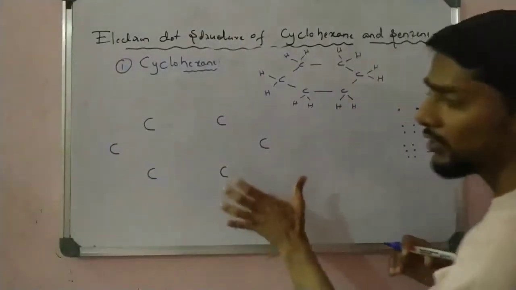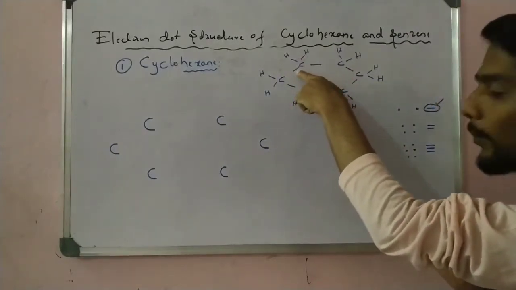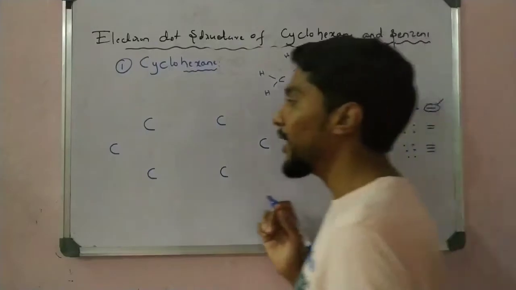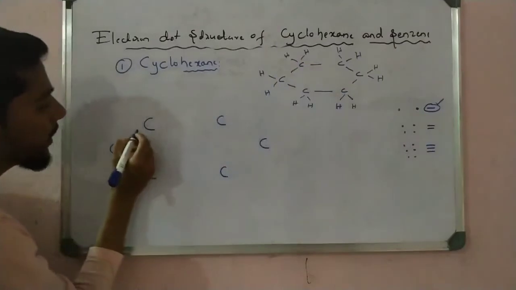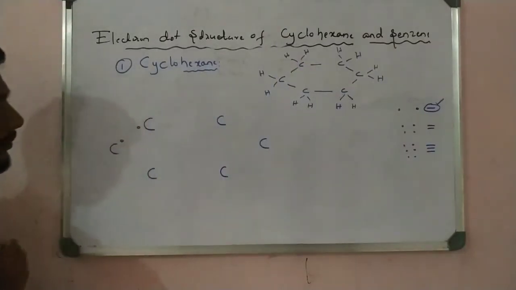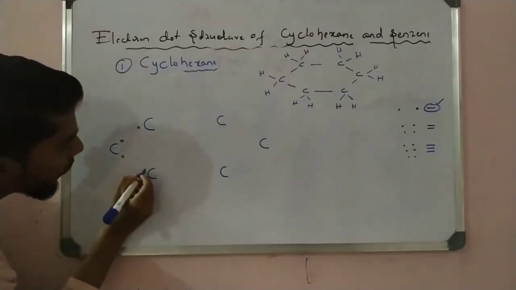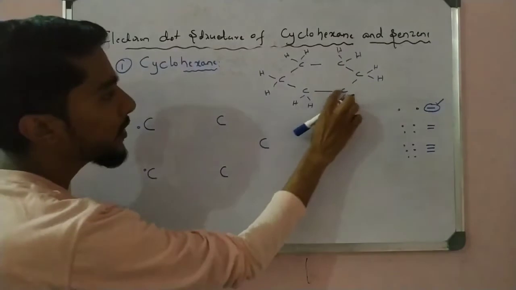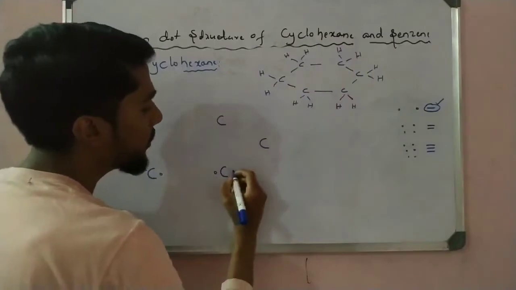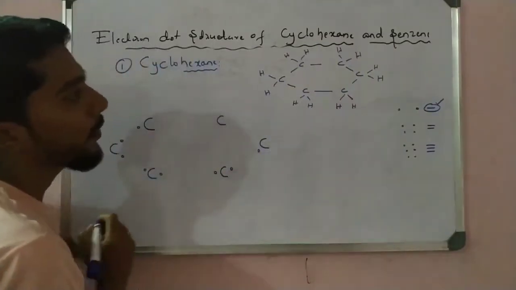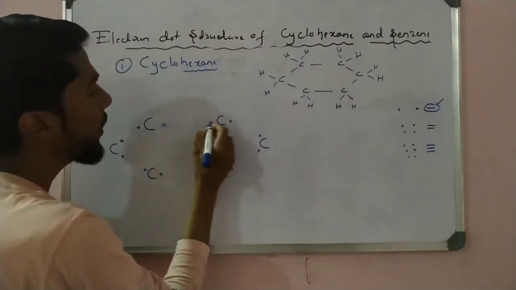Now let us draw the electron dot structure here. In the simple structure, observe that a carbon-carbon single bond means this type of arrangement. So this carbon and this carbon form a single bond, right? Single bond means this carbon shares one electron with this carbon. Now this carbon's single bond means one carbon and one carbon share. So here also one single bond: carbon 1 electron, 1 electron. Here a single bond means here also 1 electron, 1 electron. Here a single bond means 1 electron and 1 electron, right?